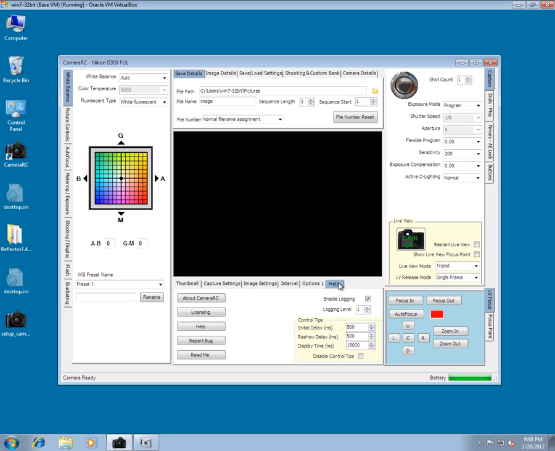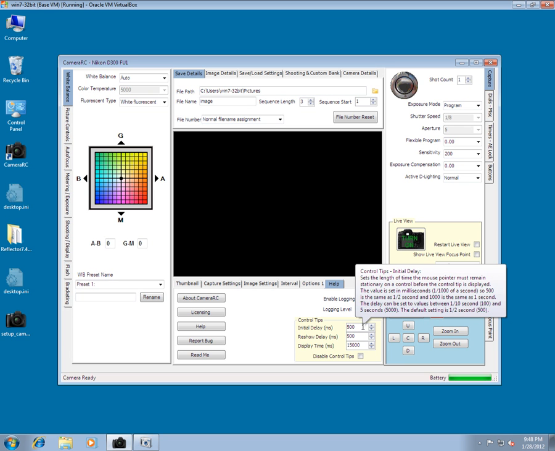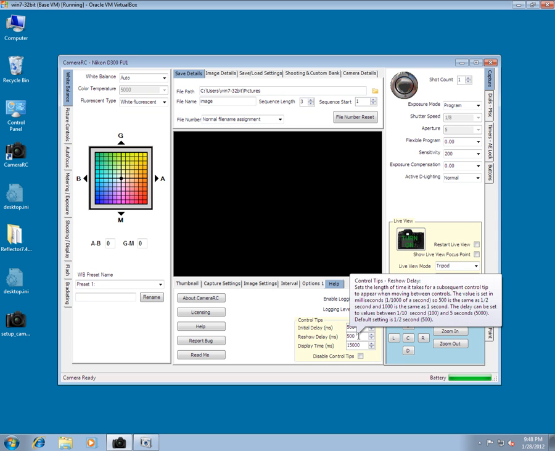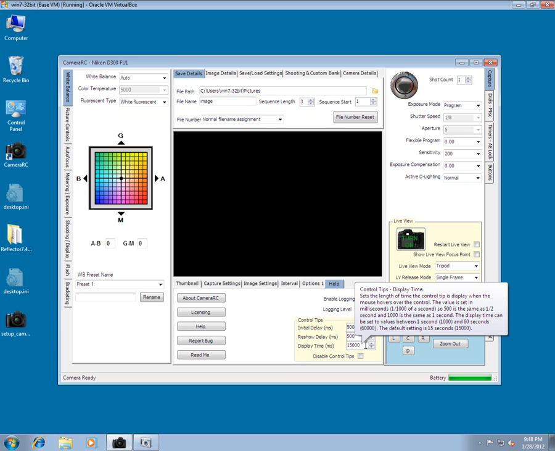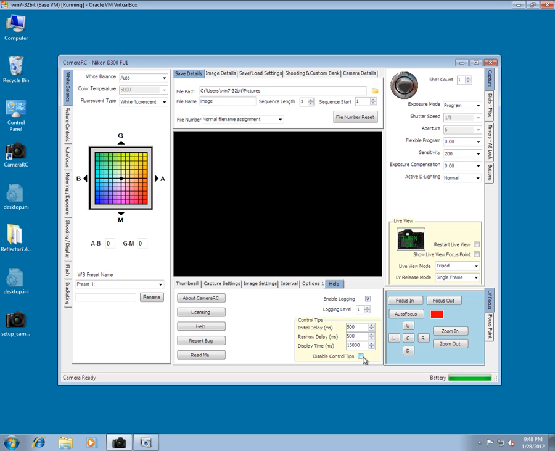Related to those tips is the help panel, which we just click to here along the bottom. You'll find that you can control how long you have to hover before a tip pops up, what the reshow delay on a tip is, and also how long to display a tip before it goes away. Currently we have it set here to 15 seconds. If you desire, you can disable the tip controls just by clicking this button, and that will stop the annoying tips if you don't want them. I'm going to leave them off so that we don't see them popping up all over the screen here